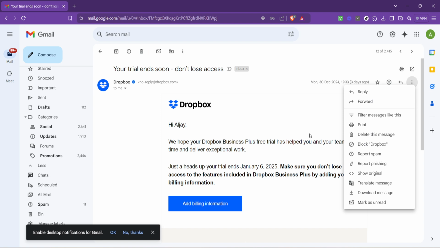Clicking block might feel a bit final, but keep in mind that if you ever change your mind, Gmail allows you to unblock senders too. This flexibility means you're not making a forever decision, but rather giving yourself peace from unwanted communication for as long as you see fit. And there you have it, a simple step-by-step process to block unwanted email senders directly from